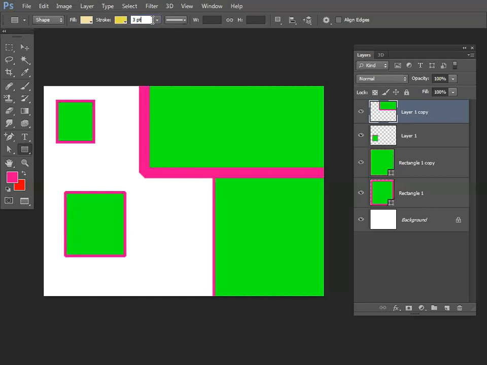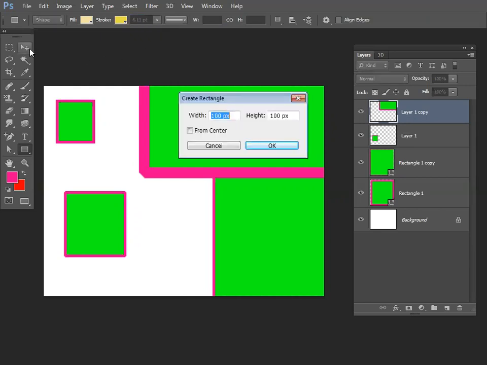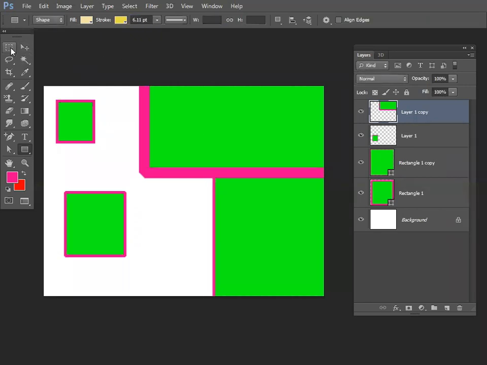And the width of the stroke can be modified at any point of time. We can increase or decrease it at any time. It is not fixed. Okay? It is variable. If you want to modify the width, you can increase or decrease it at any point of time. But edit stroke is fixed. Once you're done with that, it is fixed. Here it is not fixed.